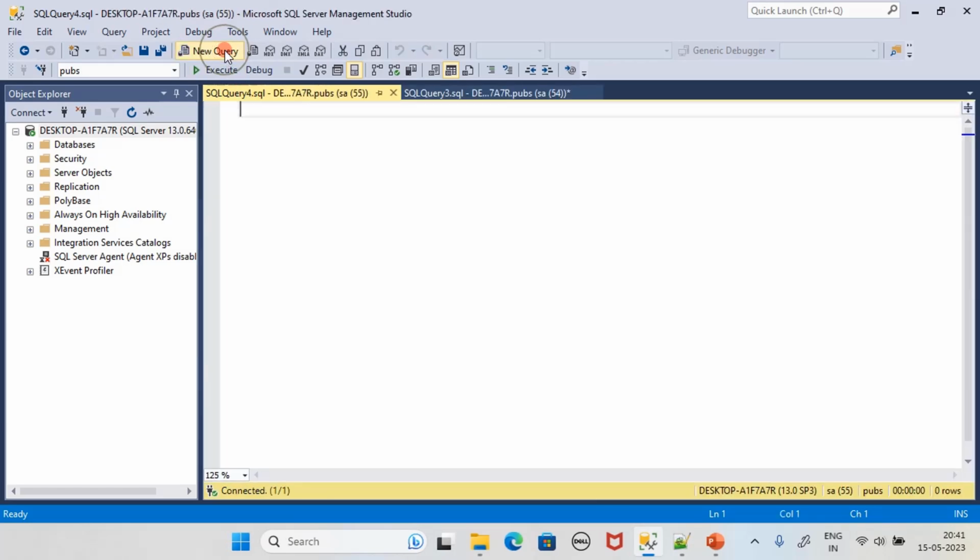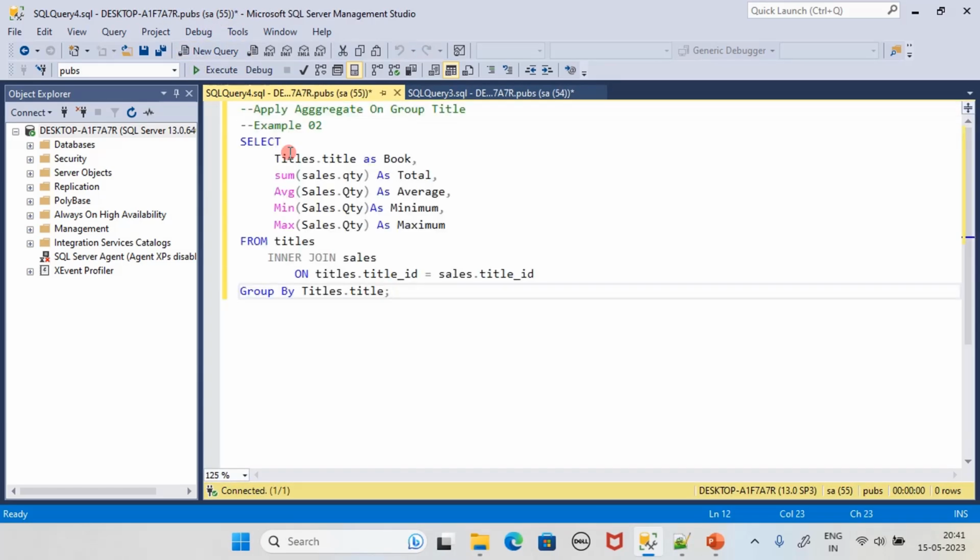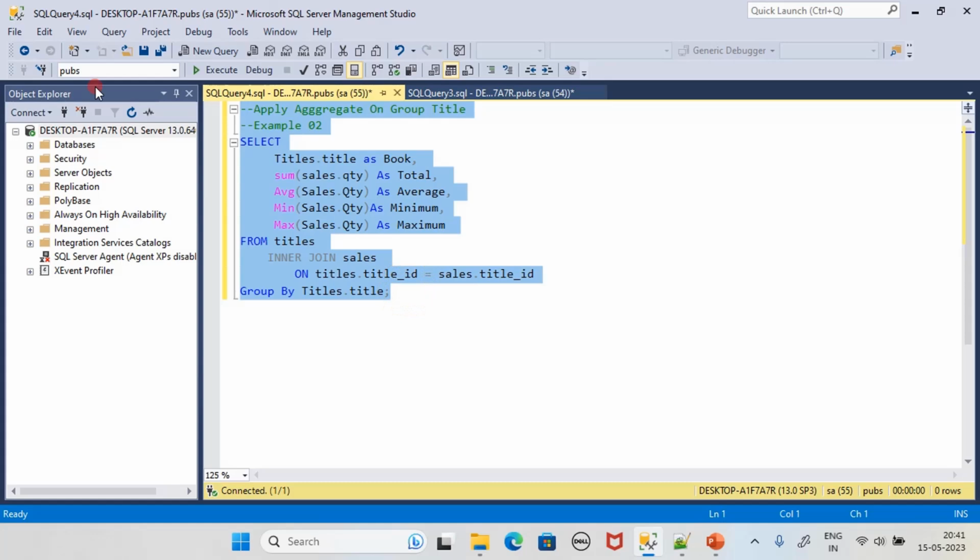So we will open one more query, and the only difference with the previous example is here we are applying the group by clause, and we are asking to apply the aggregate functions sum, average, min, max on the result achieved by this join, and apply the group by title. So when I execute this,